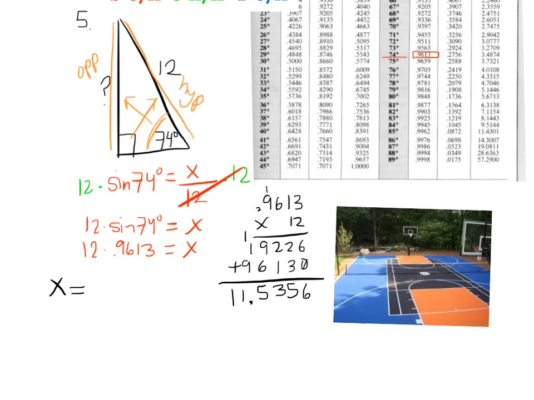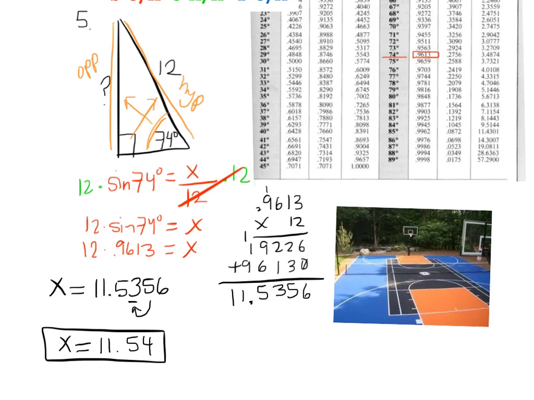That means x equals 11.5356. Now, since they asked me to round to the hundredths, I check my thousandths place, and I see that x equals 11.54. Now, what I'd like you to do right now is keep in mind these 5 examples and finish the